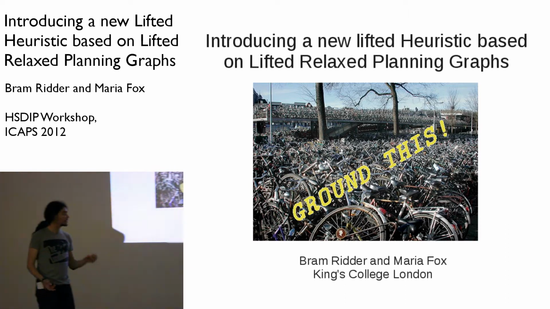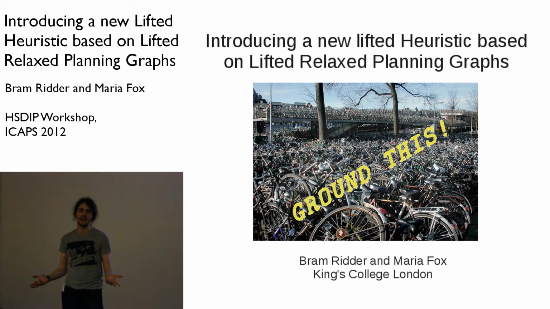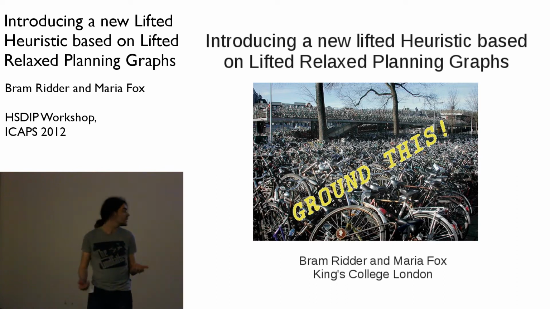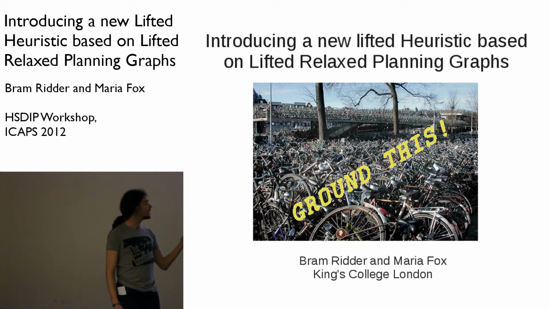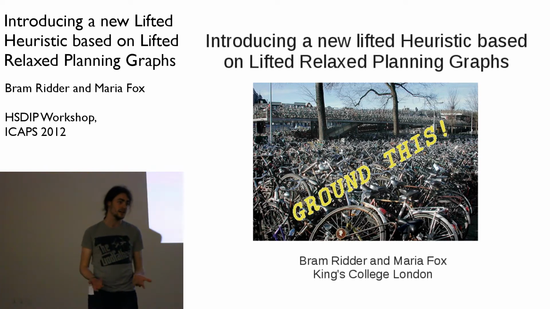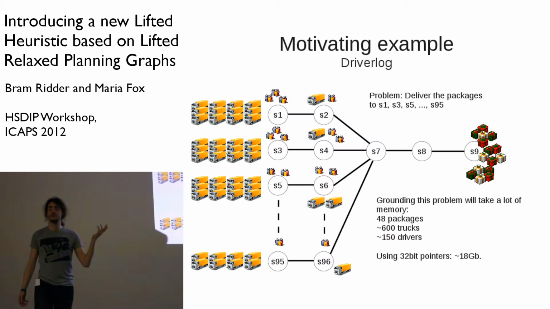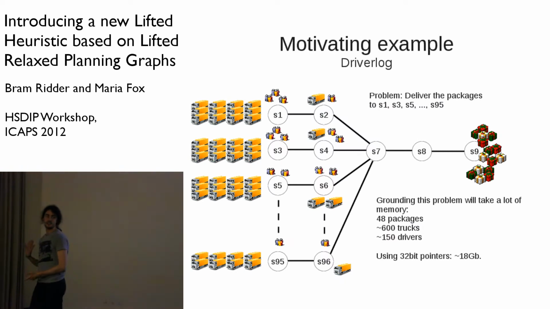Sometimes the problem itself might not be hard to solve, but might just be really big, and with the current technologies we have nowadays, we just fail. So we look at how we can get good heuristic information by lifting and not die in the grounding process. For example, if you have a driverlog domain with many trucks, drivers, and packages to deliver,